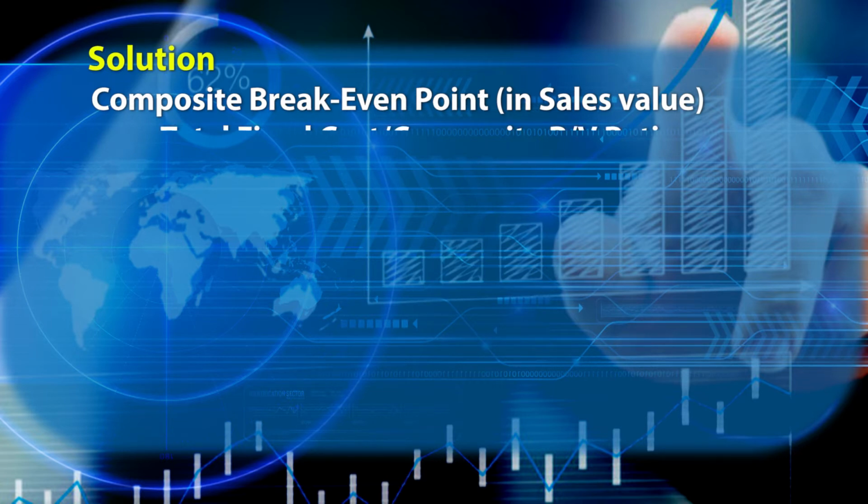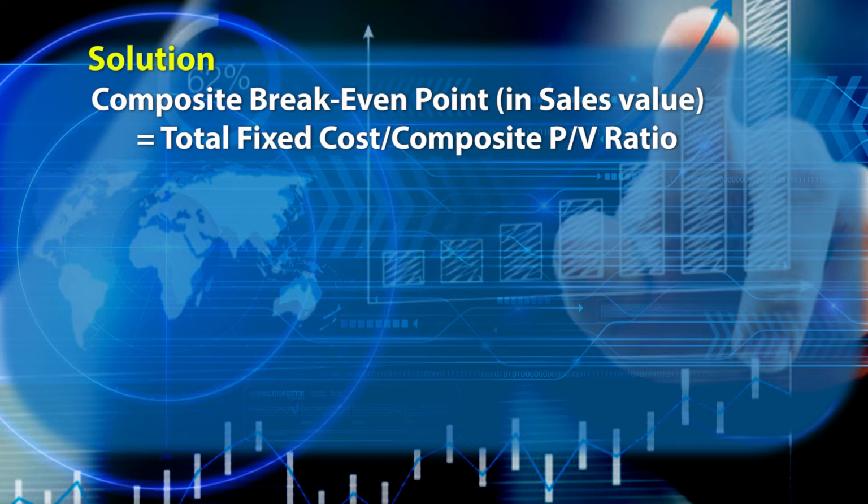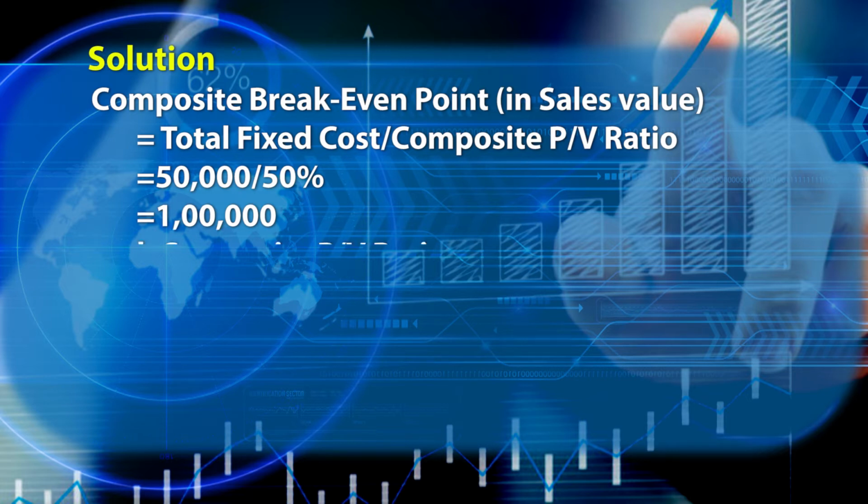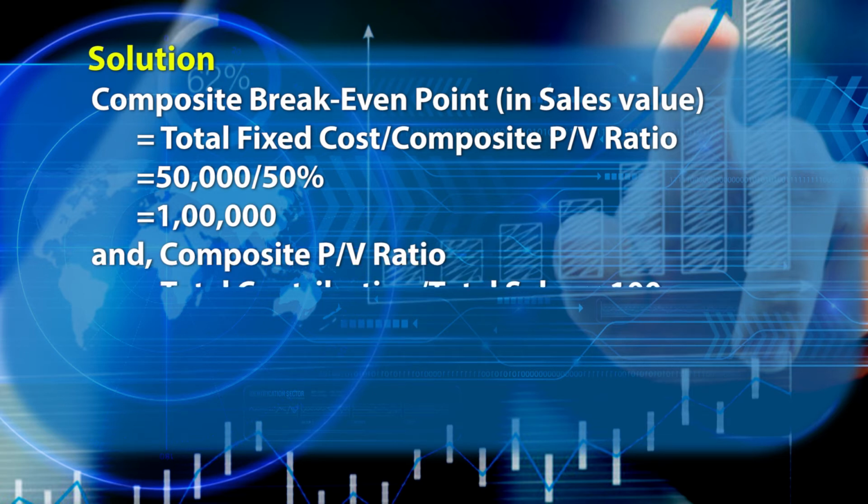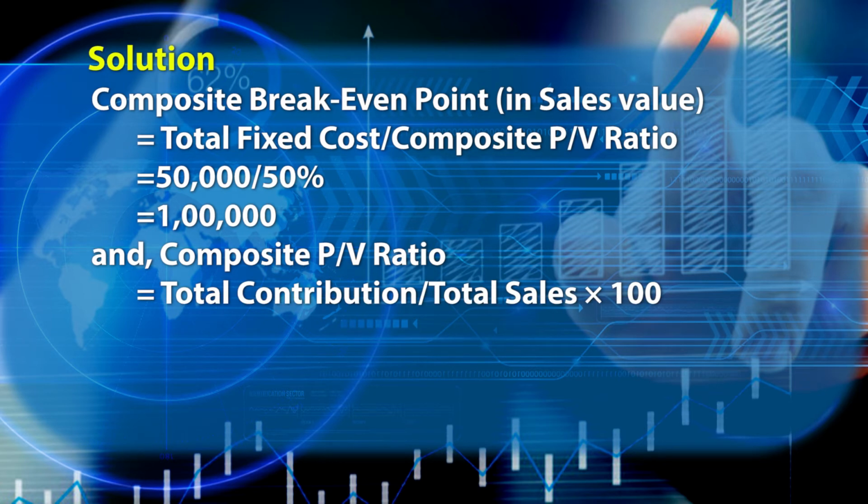Let's solve this. Using these formulas, composite break-even point in sales value is equal to total fixed cost divided by composite PV ratio, which is equal to 50,000 divided by 50%, which will give you rupees 1 lakh. Composite PV ratio is equal to total contribution upon total sales into 100, which is equal to contribution